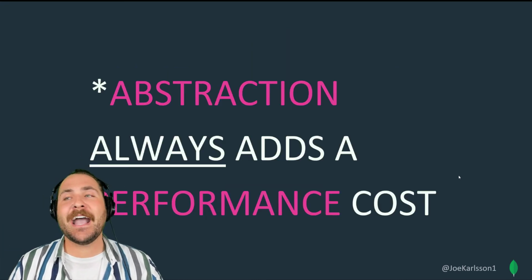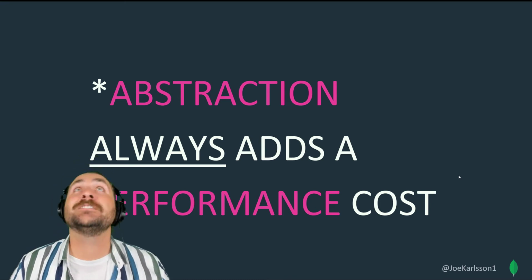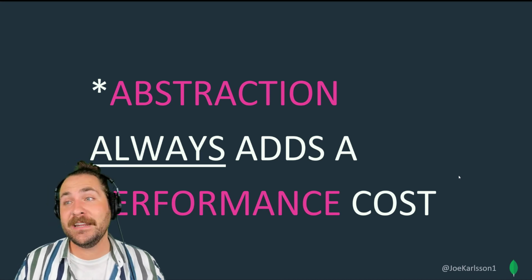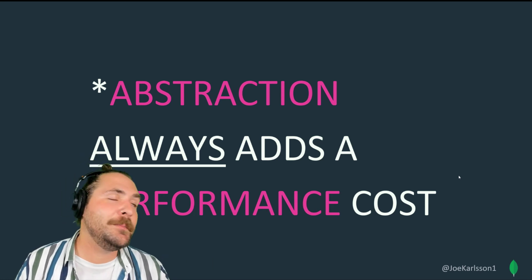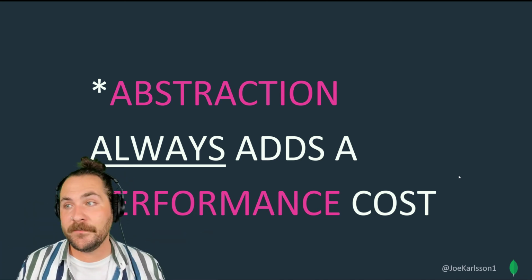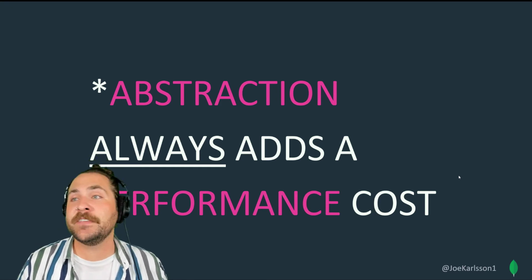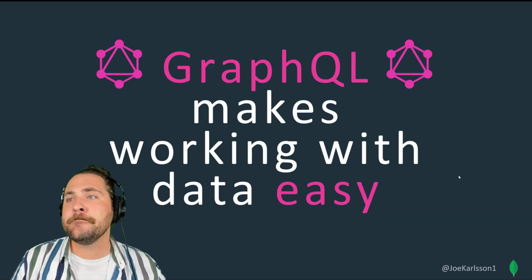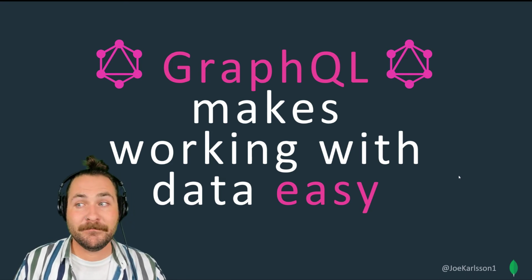All right, so back to the asterisks. Abstraction always adds a performance cost at a server level. So it's additional code your thing has to run through. It can make additional startup costs and it's additional maintenance costs. But if you're willing to deal with that, which it's honestly not that bad, and with MongoDB Atlas and GraphQL, you're just hitting a button. There's no maintenance, right? But that is a concern you should take into account when adding an additional piece of code to your servers. Okay. Bottom line is, GraphQL makes working with your data ridiculously easy.